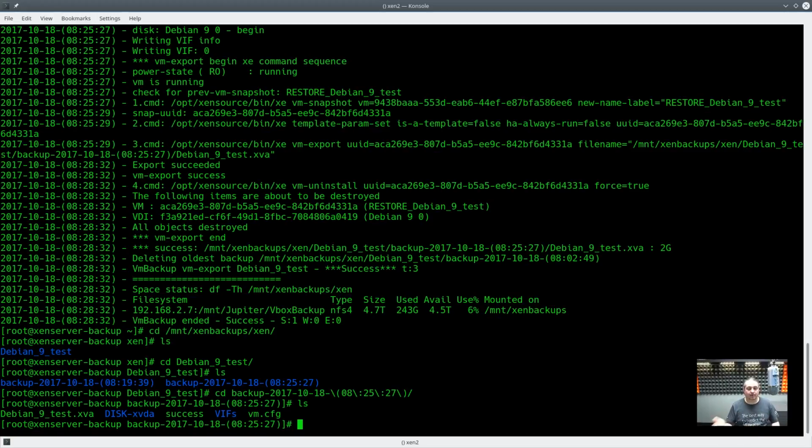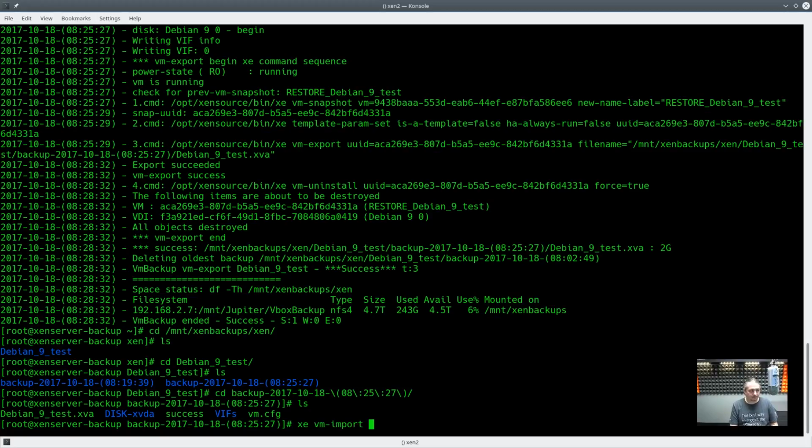Something goes wrong, you need to restore one of your backups, or you just want to copy it to another Xen server that you have loaded up. So something catastrophic happens and we got to get to the restoring part. That's actually really easy. So from the command line, because this software only does the backups. I don't think it has any import restore options. I didn't see them in the documentation, but it's not really a big deal because, whoops,